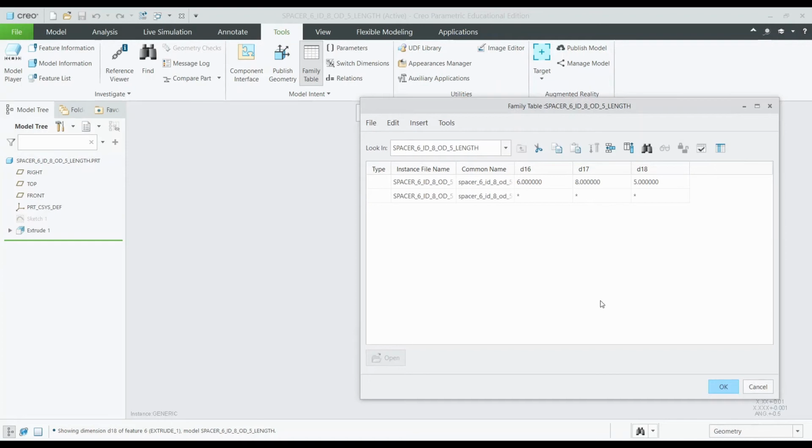So you have these dimensions, and let's say you want this new instance of a spacer to have an outer diameter of 10 and a length of 7. So I'm just going to rename it first. And then if you go here, the inner diameter stays the same, the outer diameter becomes 10, and then the length becomes 7, and then you can open up this new part,